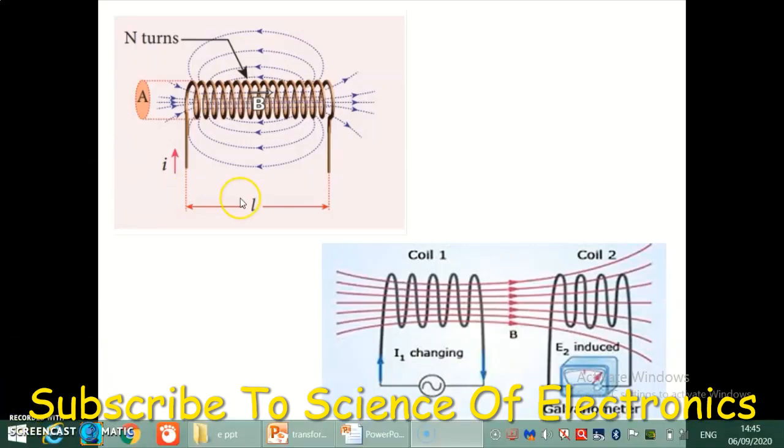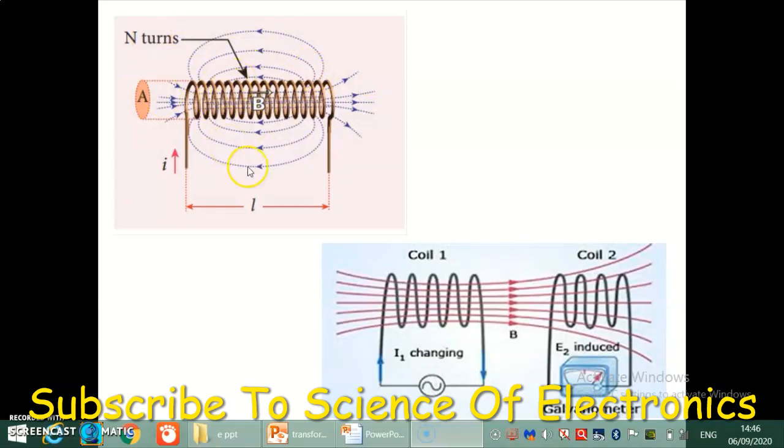Now, self-induced EMF. Here you can see this diagram: this copper winding is wound on a core or solenoid, and when this copper winding is supplied with AC current, due to the alternating nature of the current, the generated flux is also alternating. This change in flux with respect to time gets linked with the coil. This changing flux generates its own loop. Here we can see this type of loop.